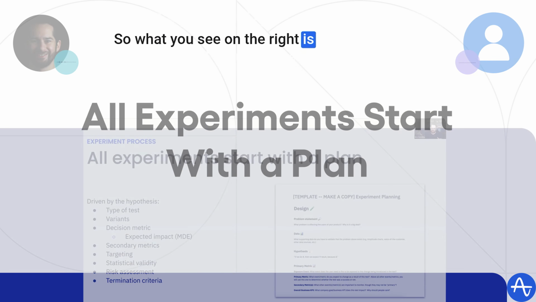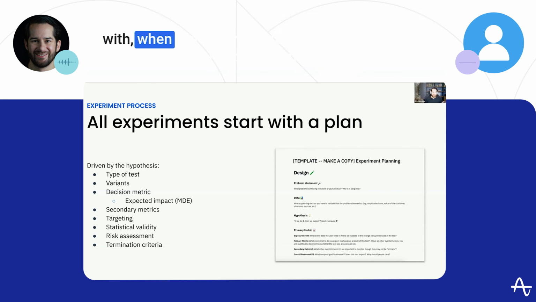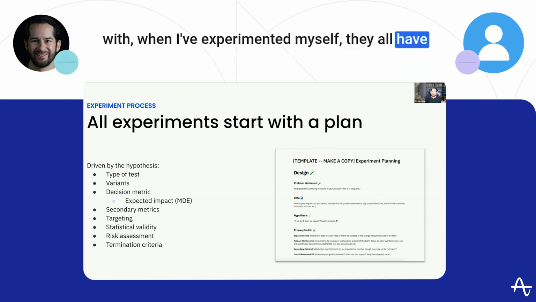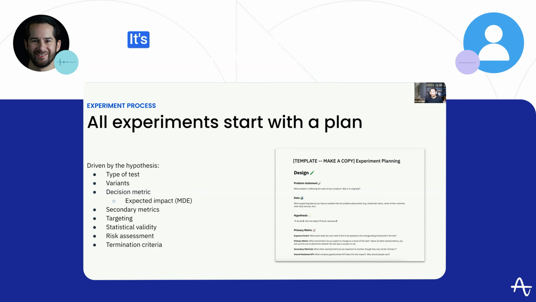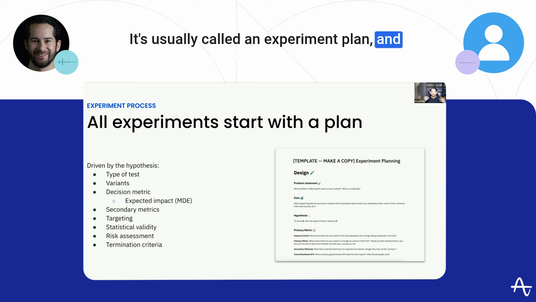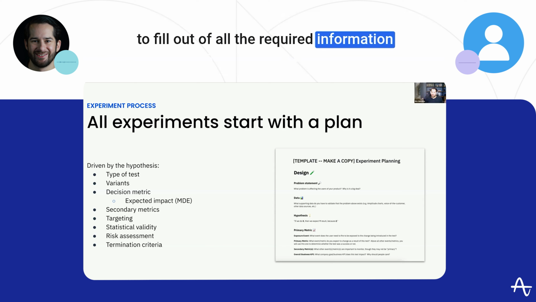See on the right is a template of a document. And every company that I've worked with, when I've experimented myself, they all have some version, some permutation of this document. It's usually called an experiment plan. And it is the basis that you have to fill out of all the required information for you to start